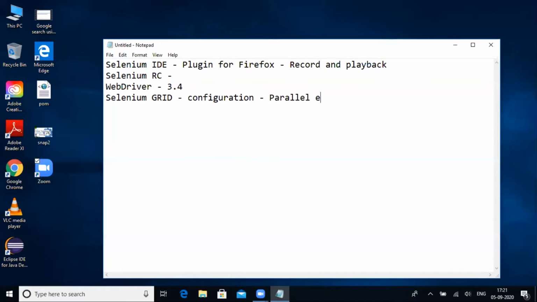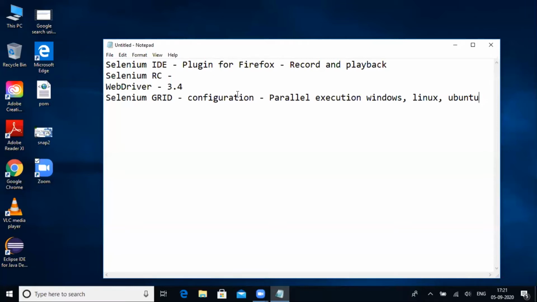What do you mean by parallel execution? Parallel execution is nothing but running your automation script across different platforms, like Windows, Linux, Ubuntu, and so on. You can use Selenium Grid for configuration of parallel execution, and it will allow you to perform parallel execution.